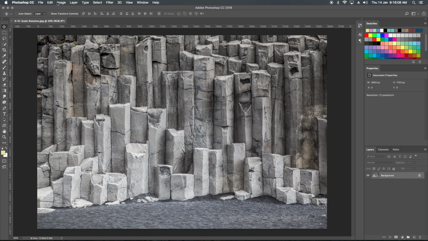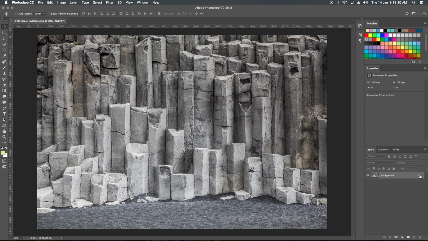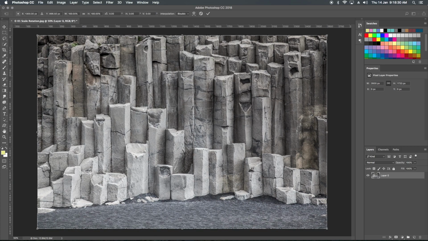I can go to Edit and there is no Transform or Free Transform. This is all because the background is locked. So what we have to do is make it a layer, not a background. If I click this and now go to Edit and Free Transform, now I can transform this image.